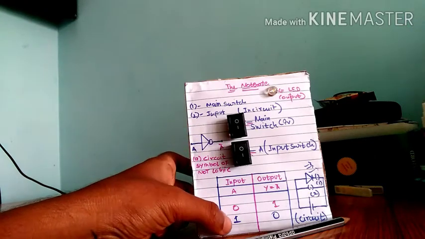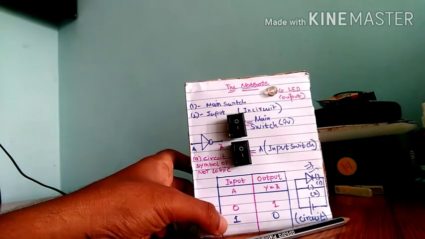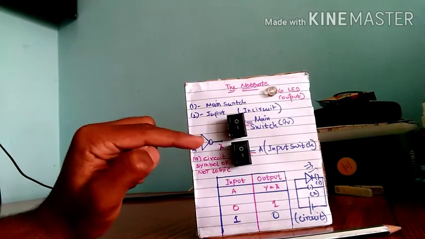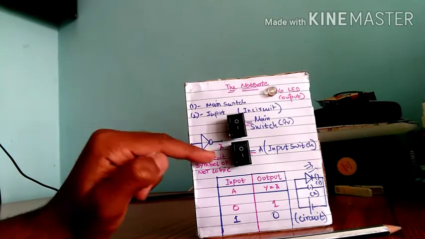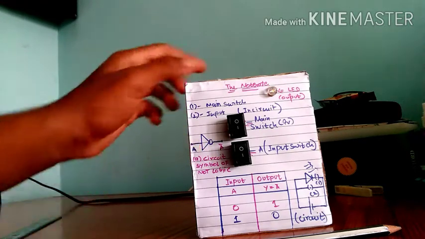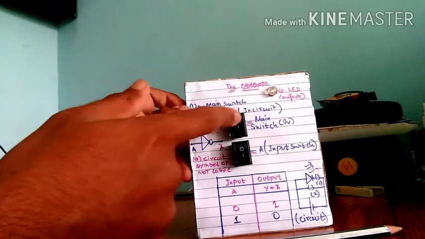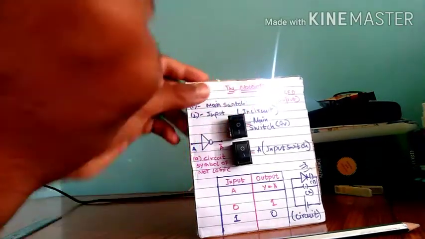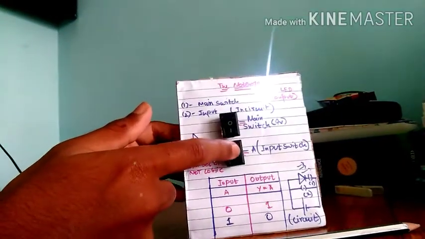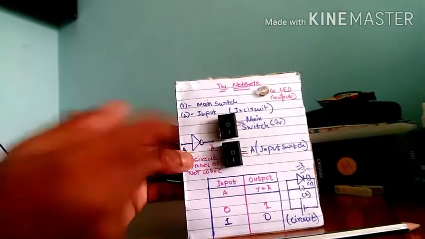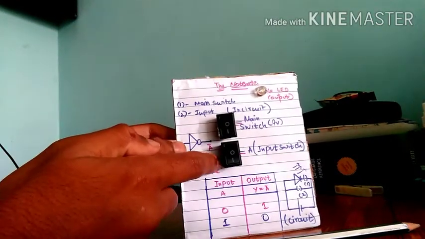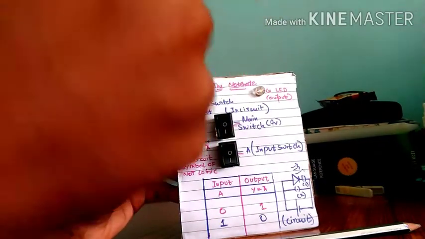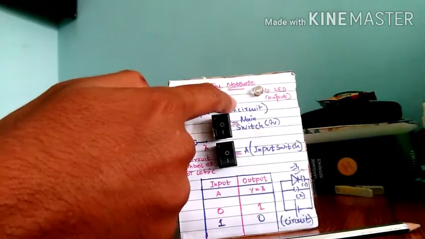So for the second part of the truth table, this states that the input is 1 and the output is 0. I mean, the input 1 states that this second switch, the input switch, should be on. So let's turn on the primary switch, or the main switch, to allow the current flow. The LED is lightened up. So when you turn on this switch, the input is 1 and the output is 0, as the LED is off and the LED is not brightened up in this case.